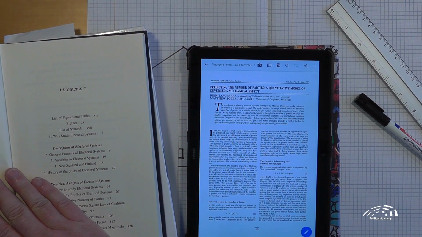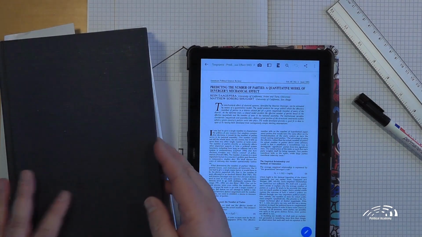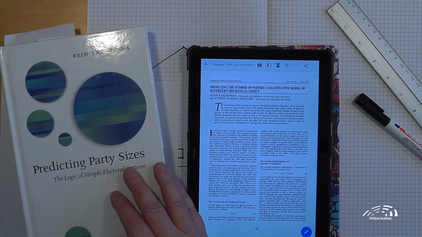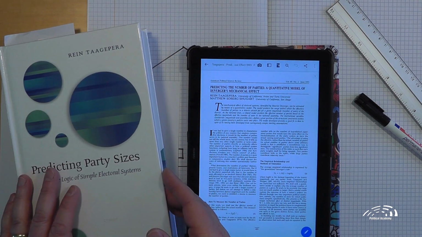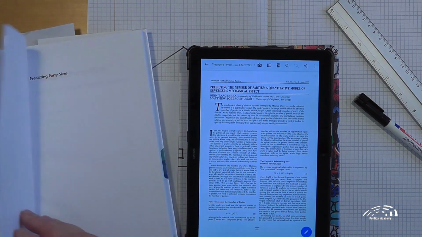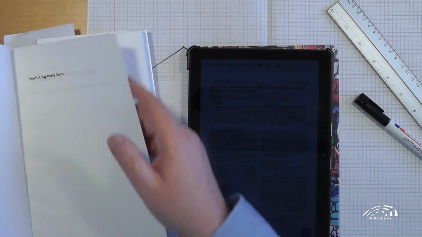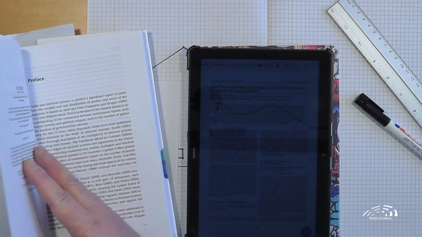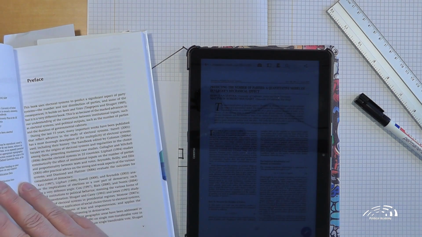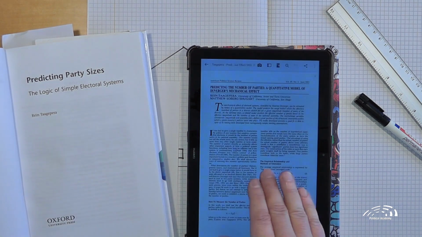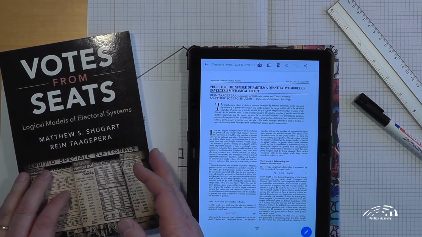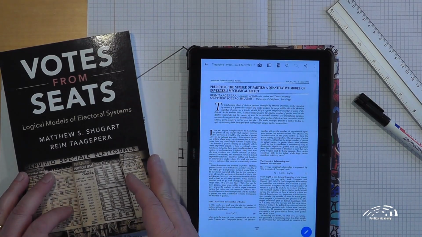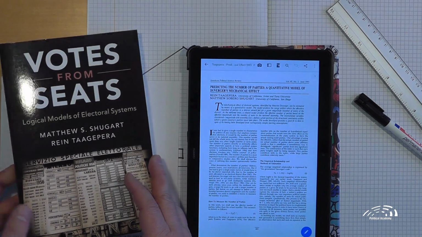Leijpaard pays attention to Rein Taagepera, who is an Estonian former politician and now researcher, currently at the University of California, Irvine. With colleagues, he did a lot of research on the average number of parties that get at least 1 seat in an election. Taagepera found that in general, the number of parties that get at least 1 seat is the square root of the number of available seats. At least, that is the formula in countries like the Netherlands and Belgium. In other electoral systems, the formula is just a little bit more complicated, but I will not go into that now.